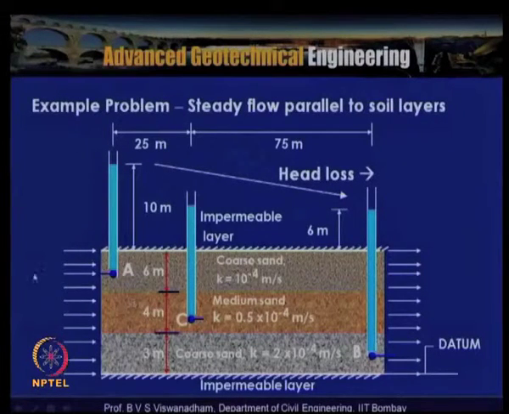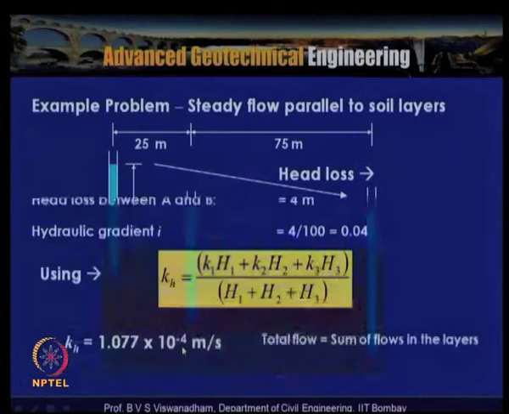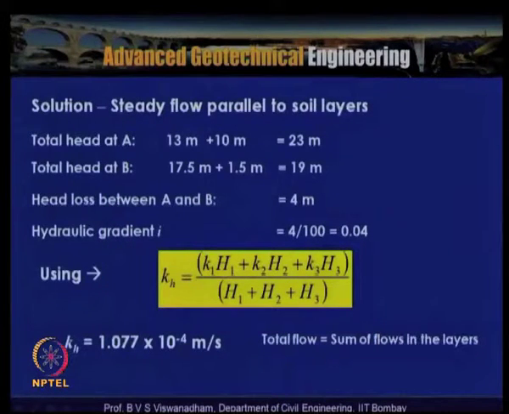So the flow actually takes place parallel to the layers which are shown: three layers, which are a coarse sand layer, a medium sand layer, and a coarse sand layer below. The solution for this problem works out like this: total head at A, which is nothing but the 13 meters